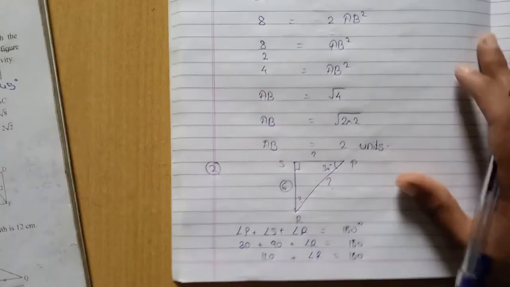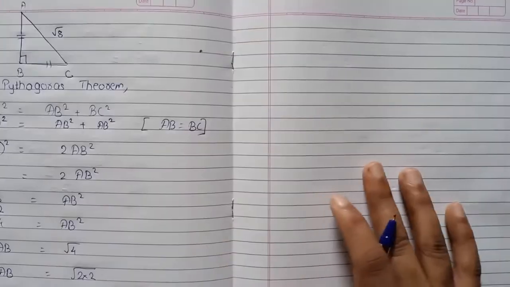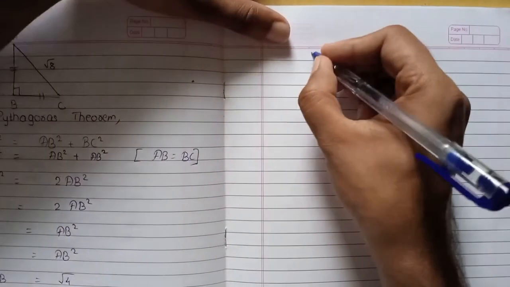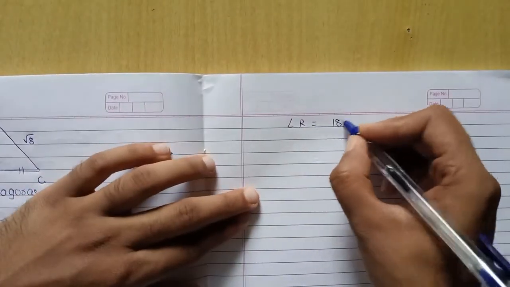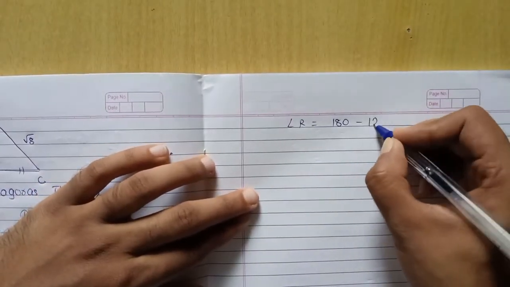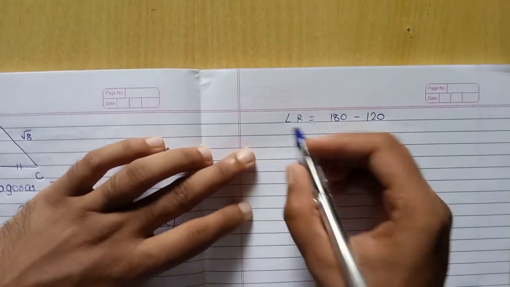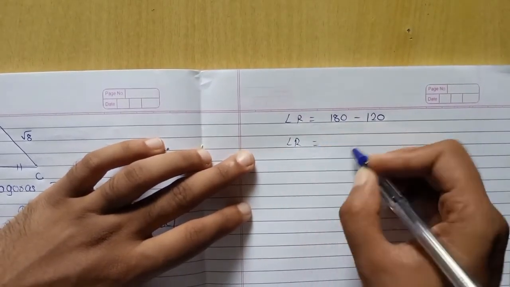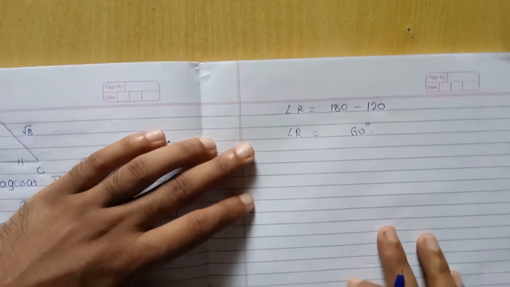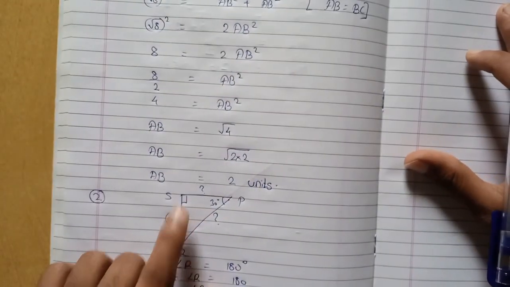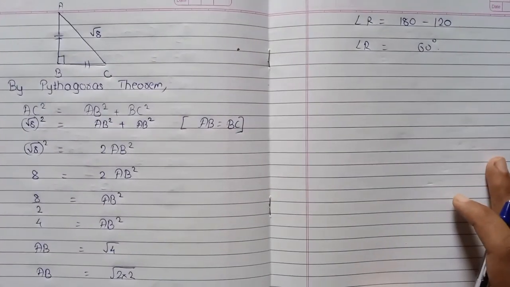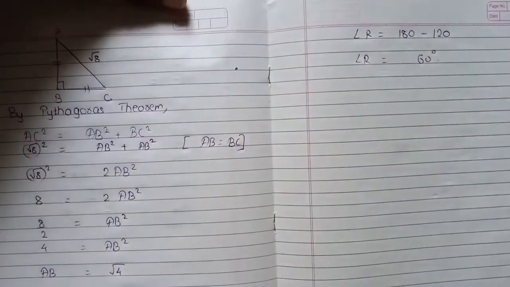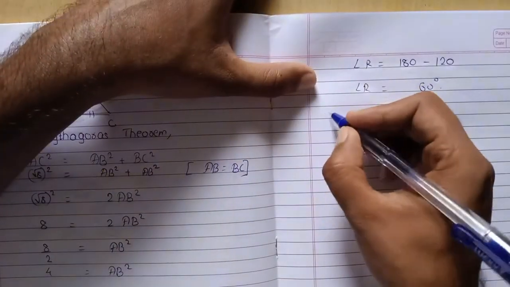I need angle R. My angle R will be 180 minus 120, it is 60 degree. Okay, so we have our triangle as a 30, 60, 90 degree triangle. Now if we know the properties of a 30, 60, 90 degree triangle, we can easily find the rest of the sides. We know that